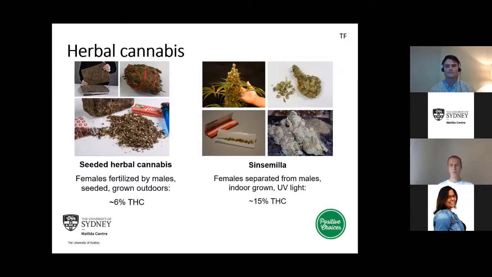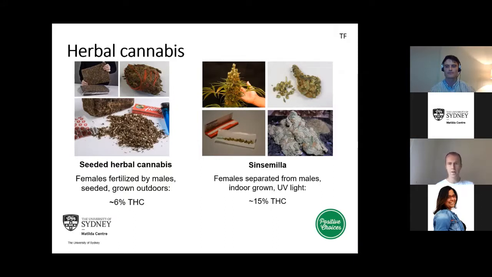But what growers discovered was that if you separated the female plants from the males, they wouldn't become fertilized. And as a result, more of that energy would be used to produce THC. There are other methods such as growing indoor to increase UV light, or using hydroponic growing methods. And with these kinds of methods, you can get around 15% THC, or increasing up to 20 to 30% THC